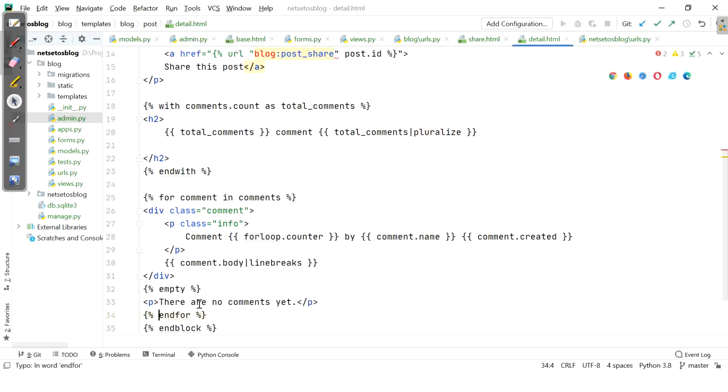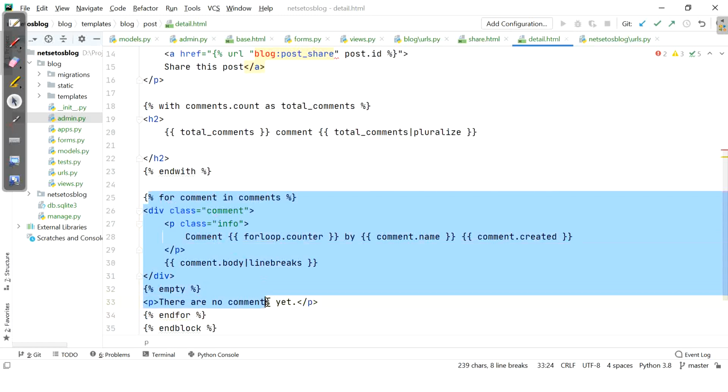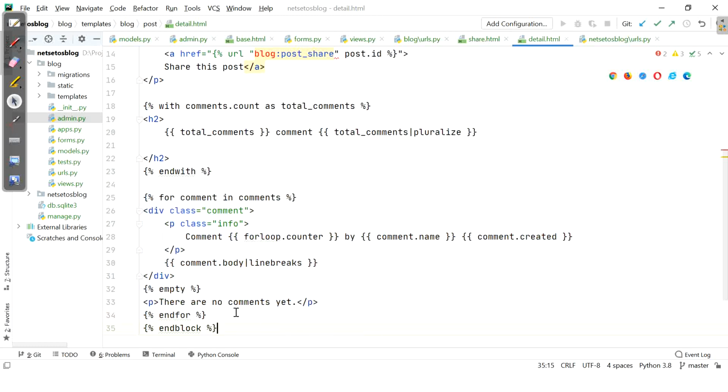So here we have used the for loop. This is a template tag to loop through comments. Here we will display a default message for when the comments list is empty, informing our user that there are no comments on this post yet. We will add more lines to it.